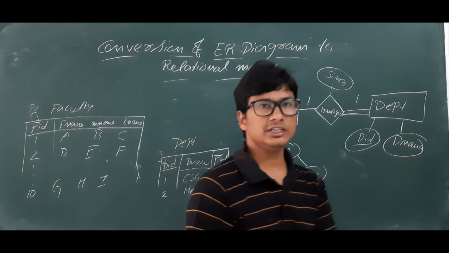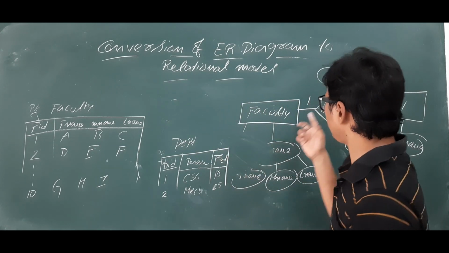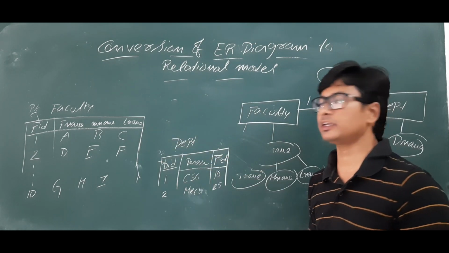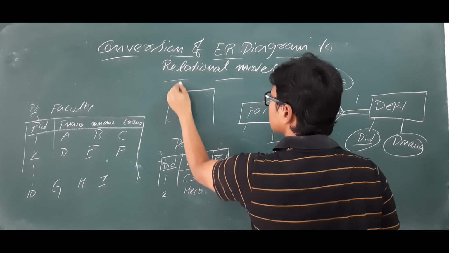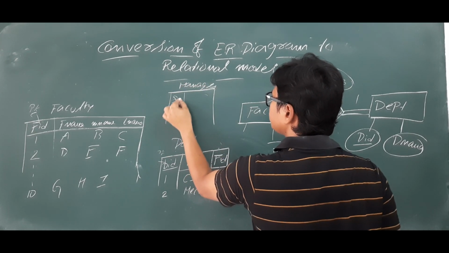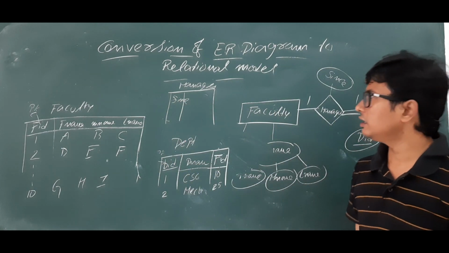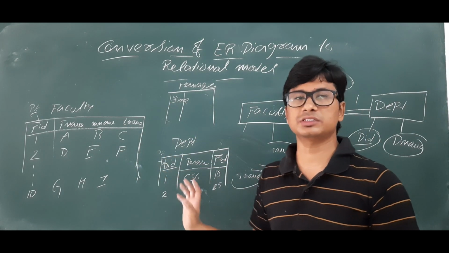Now, if I make it as another table, you can ask, sir, you have an attribute for the entity, you make it as a separate table. Now you create another table called managers, and there you enter this data called since. Is it correct? Yes, it is correct only. I am not saying it is wrong. But what is the problem with this one is that you are increasing the number of tables.